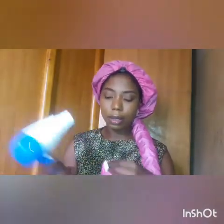Then this is my blow dryer. It's really small, so I can fit it right inside. This is for when you have all your product inside your hair, you can tie it with a leather. This is really good for me. So I just use this to steam my hair instead of going to the relaxer. And one of the things I love about this, let me show you, is that